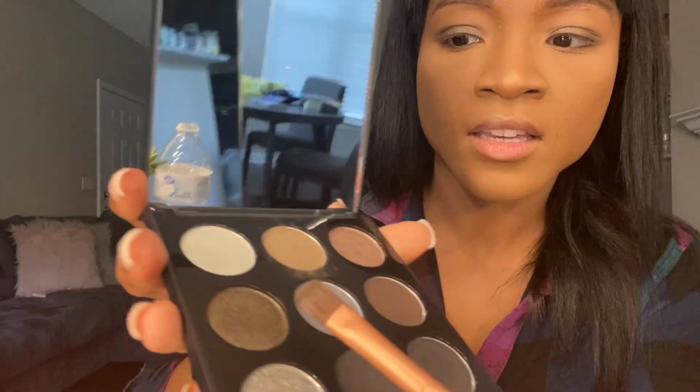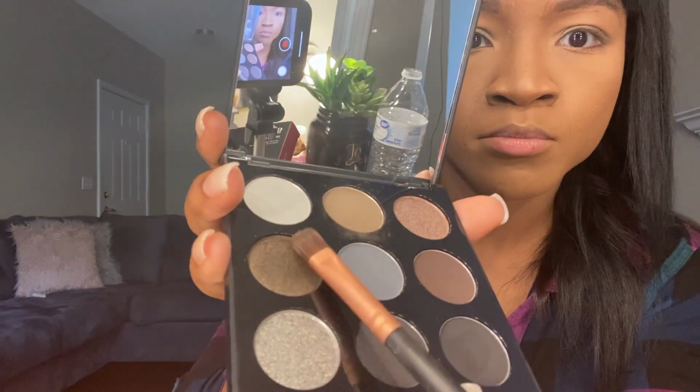Yeah, so that looks good already. It looks like I've done more than just one color. I think this is a gradient shadow because, see that? You see how it's like a little brown and a little glittery? Wow, it's giving me a lot of dimensions. I wonder if you guys can see that. This is gorgeous. So yeah, I'm pretty much built with my base here, and now I'm just gonna go into